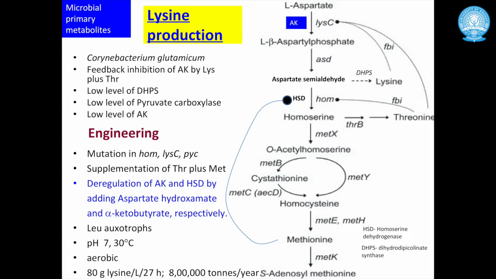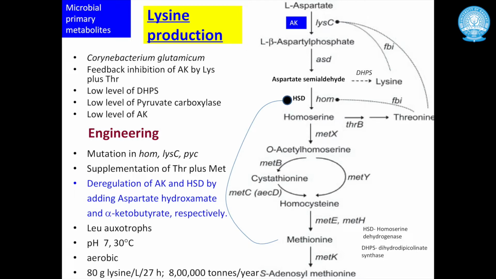This is not a one step process. There are many steps involved, hence the line here is dotted, which means that there is more than one intermediate involved. So the lysine production from aspartate is achieved with the help of these few key enzymes,